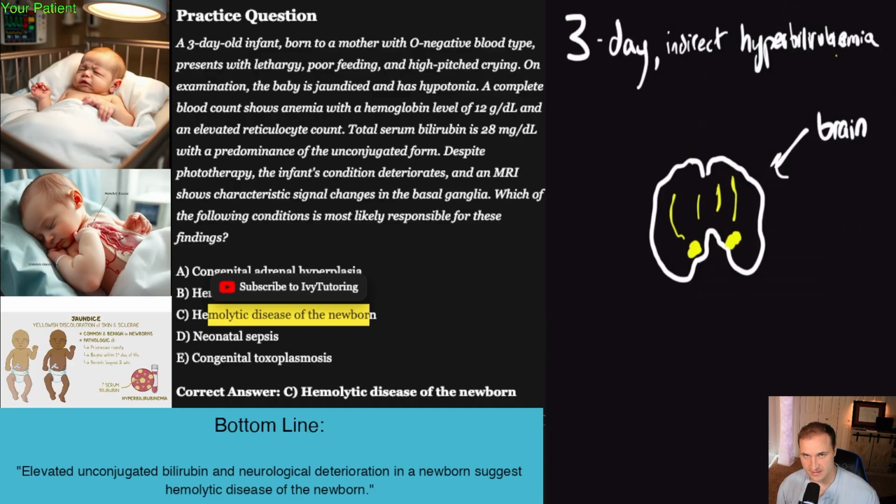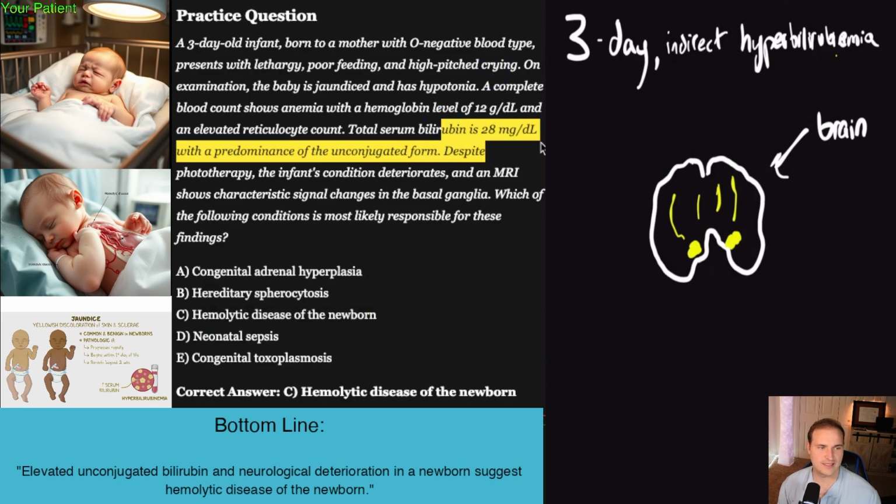This is kernicterus, and this is a complication of untreated hyperbilirubinemia. So there's a kid, he's getting tired, he's got poor feeding, he's got a high-pitched crying sound, bilirubin toxicity, and the bilirubin level is like 28, right? So that's super crazy, dangerously high. And mom has an O-negative blood type, and so that's going to be a clue for us that there's a